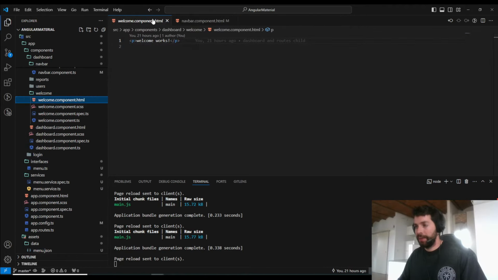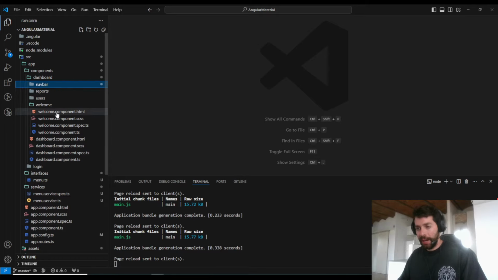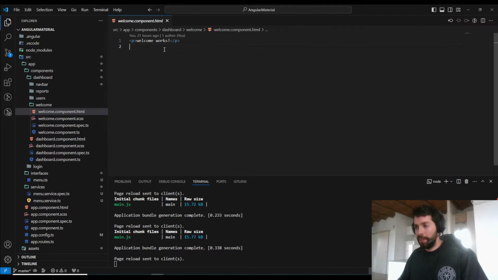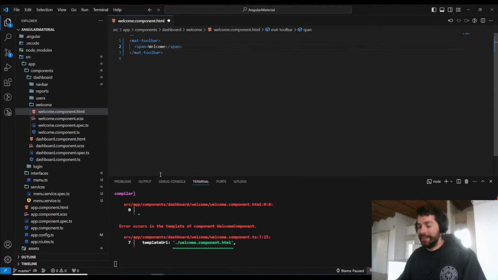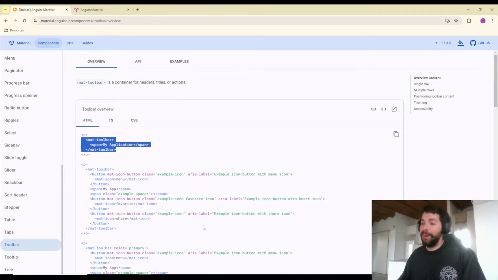I will close everything first. Okay, I will go to the welcome page. I will put this toolbar here, and here I will put Welcome or Dashboard. Welcome. I will save the change, and here, as you can see, we are having one problem because